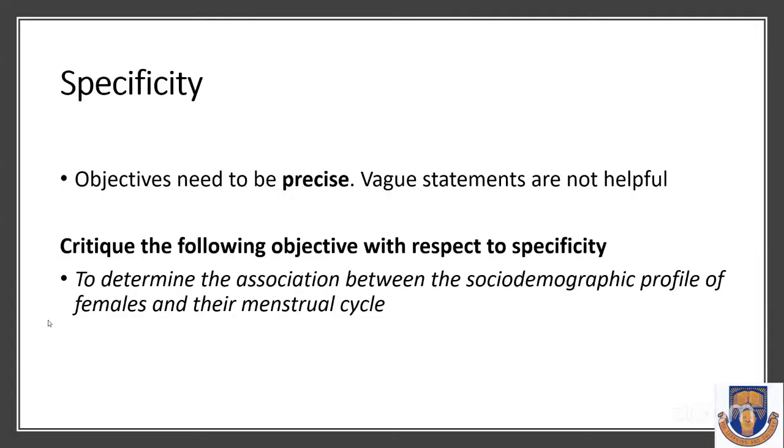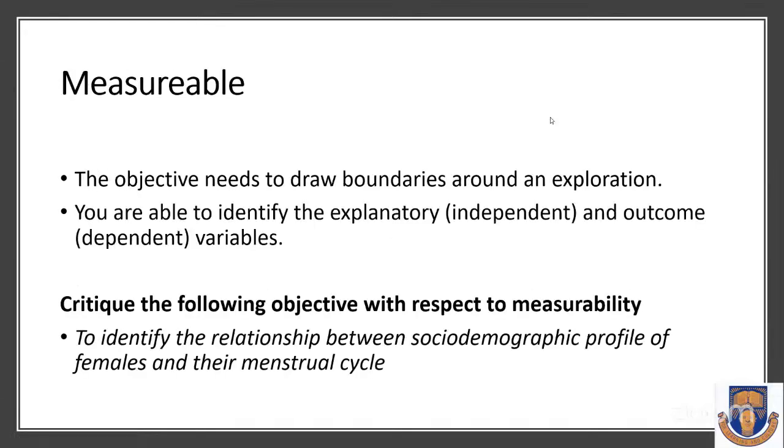So the next word we're looking at is measurable. Thank you. I see 10 people. Thank you for being with me. Measurable. The objective needs to draw boundaries about what is explorable. When you say measurable, you can't do everything. What is it that you're looking for, in a way that a person would say you have achieved it, in a way that all of us will say we have achieved it.